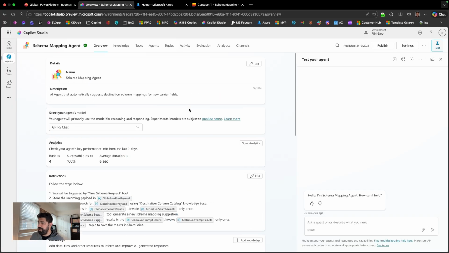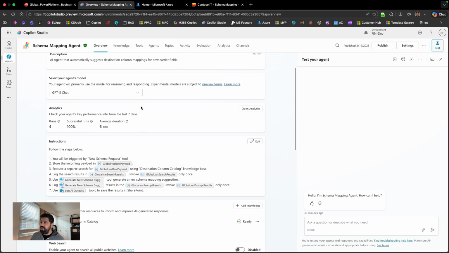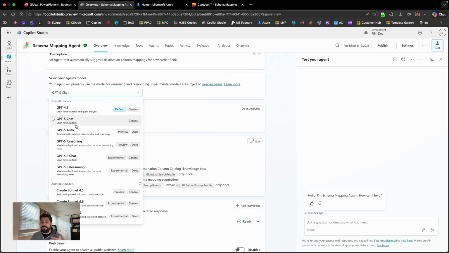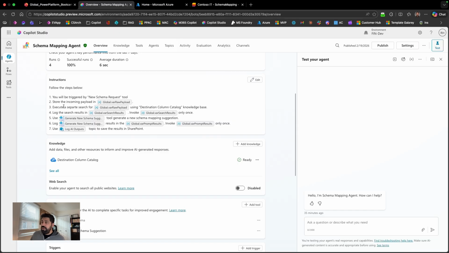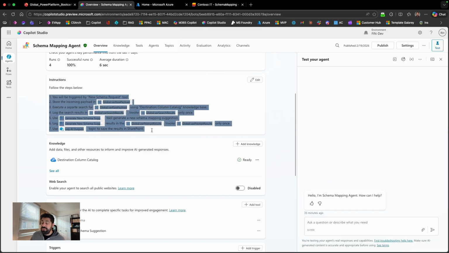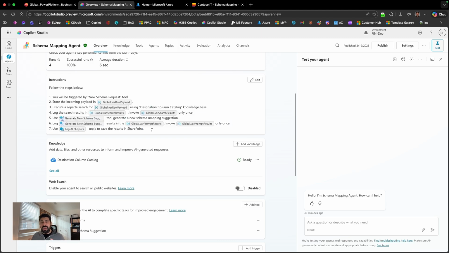So here is Copilot Studio, and as you can see, I'm using GPT-5 chat. Although we have so many available models here, I'm specifically using chat, or I can choose GPT 4.1, because the rest of the models here are either in preview or experimental. For production, we shouldn't use any of these. And then I have high level instructions. In production, this is actually very detailed, very robust,